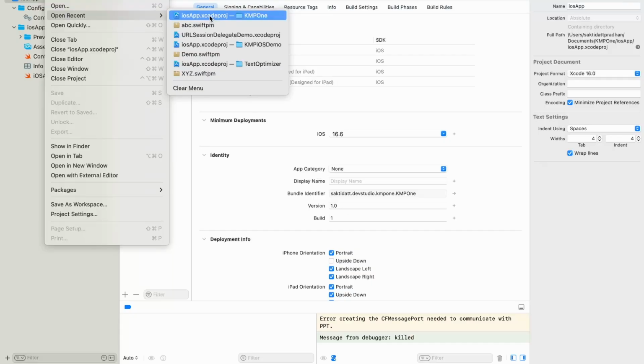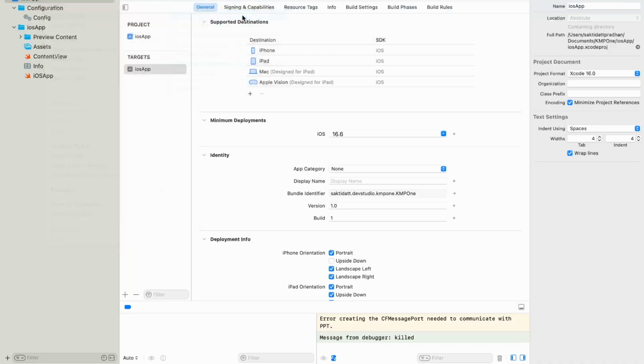So once we create a KMP project, while importing, we can see that there is an Xcode project inside this KMP directory. So that is the thing that needs to be understood. And after that,